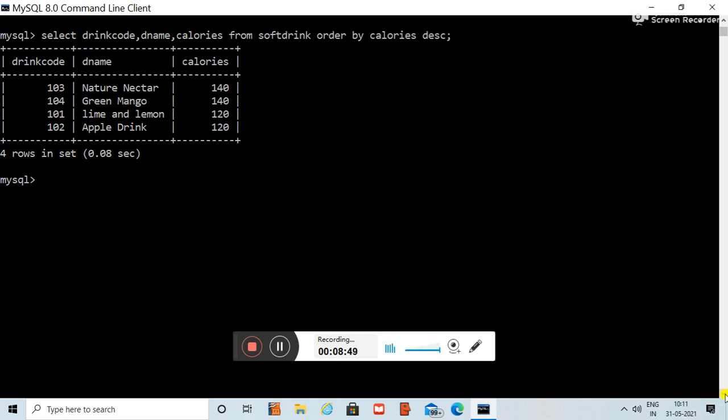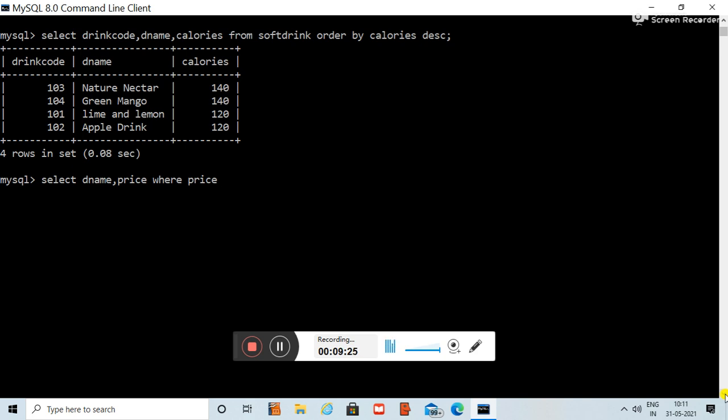Fine. So first the select. Everywhere we are going to use the select. Select dname, comma, price, where price between we have to use, because the two values are there.